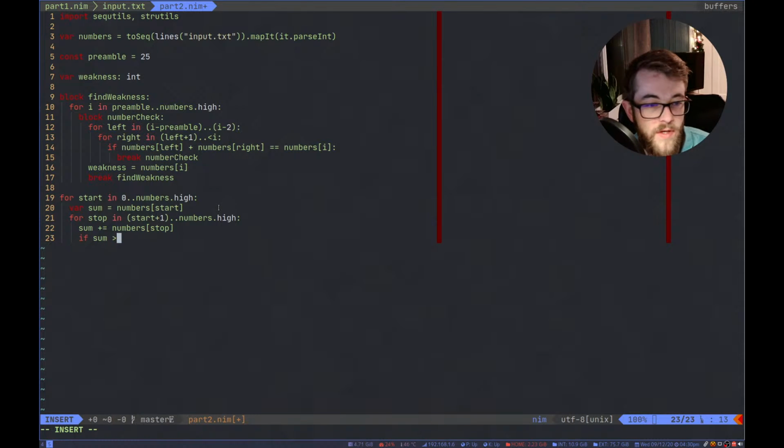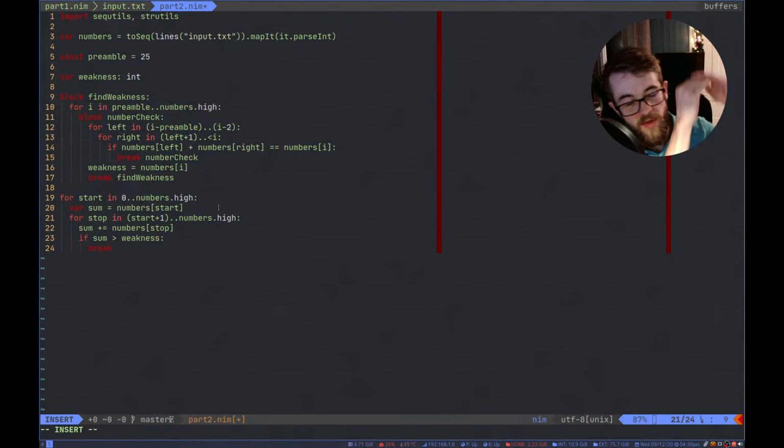If sum is greater than the weakness, then we break out of this loop, which means, if we loop down and it was bigger, then it will break out of that loop and go out to a new start position.